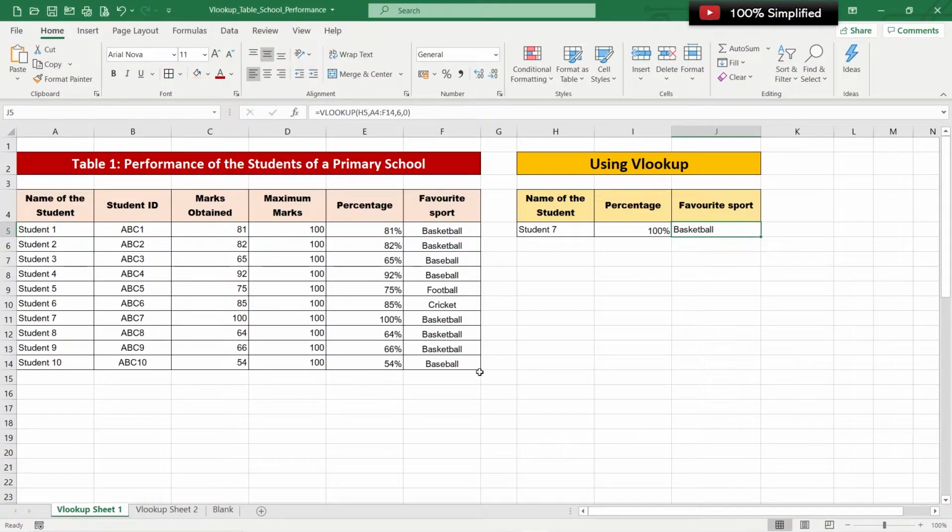Now, since we have understood VLOOKUP using the function, let's understand the real life example of VLOOKUP. And this is very, very, very interesting, because in our everyday life, we are actually applying VLOOKUP, which we are not even aware of. So please smile while you see this real life example. I hope you like it. Let's go.